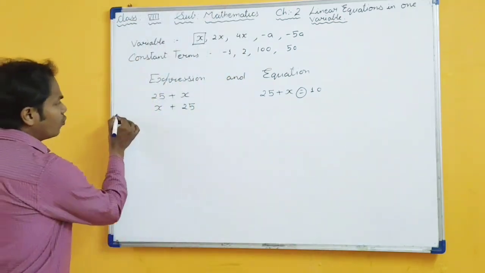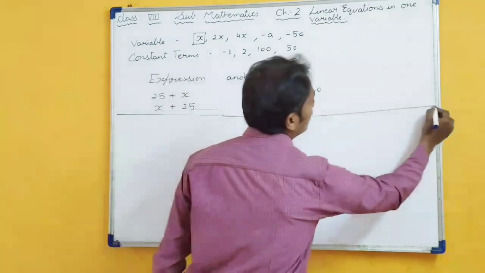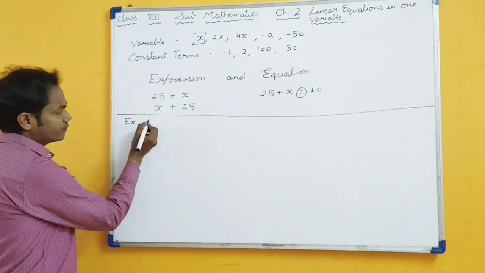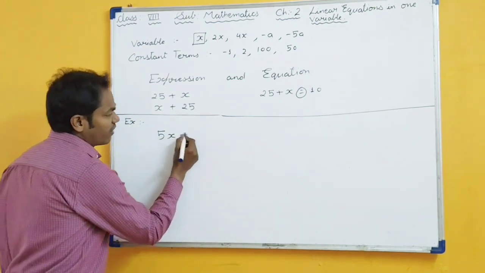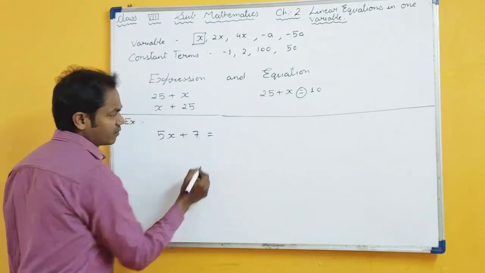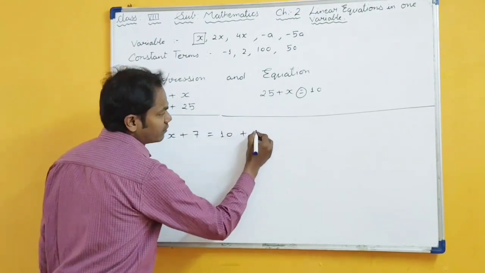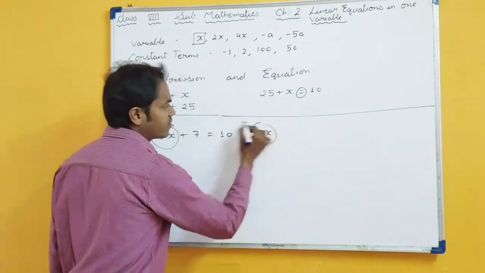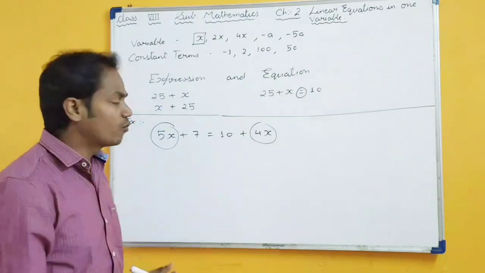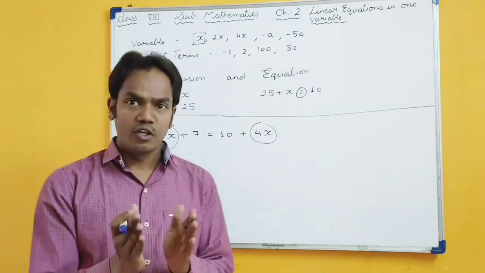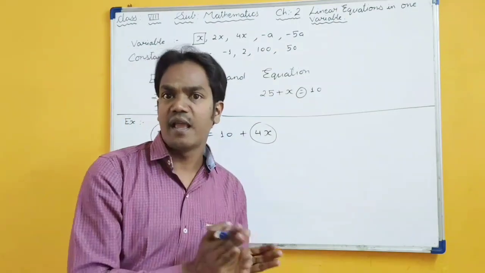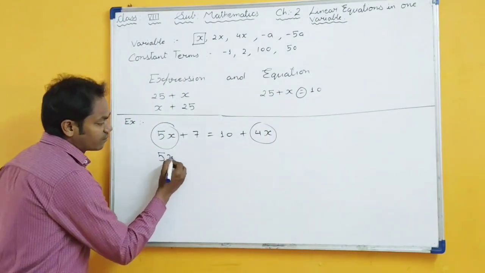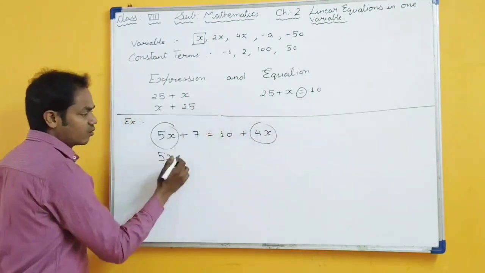Okay. There are a few rules that you have to follow before solving a simple equation. Let's take an example. 5x plus 7 is equal to 10 plus 4x. This is your variable and this is your variable. What we have to remember, you have to shift all your variables to one side and all constant terms to the other side. 5x, when you shift this 4x to this side,